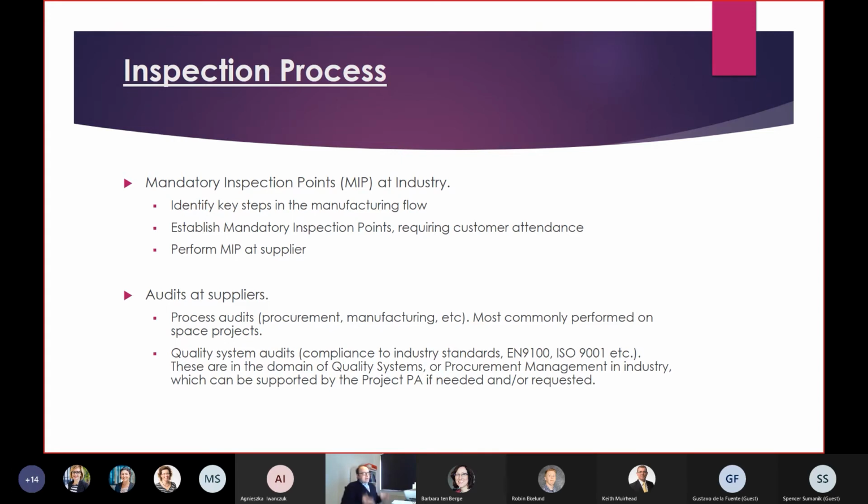As you can imagine, this activity is strongly impacted by the pandemic, because it is not possible to travel at the moment. So at the moment, we are trying to find other solutions. But of course, reviewing a photograph is not the same as participating in a real inspection. See with your eyes what's going on there.